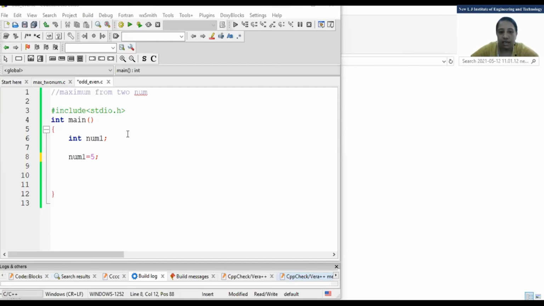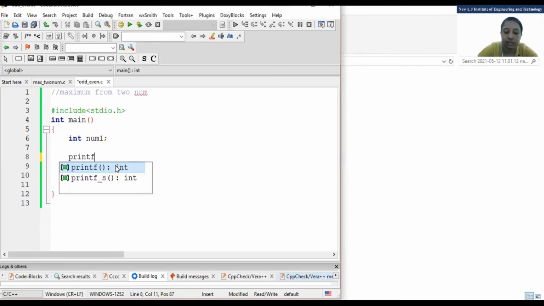Okay, take the input from the user. Yes, very good. So that is using which statement? Scanf. So another is scanf. This is assignment, and the third one is what? Initialization. Initialization means at the time of declaration. I am repeating this because it is important. Here I'm not going to assign the value directly.